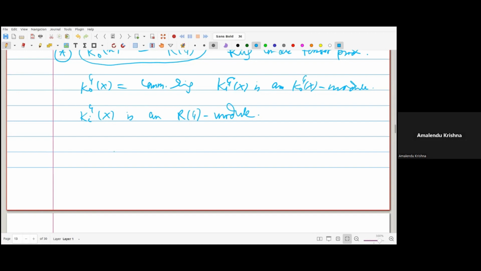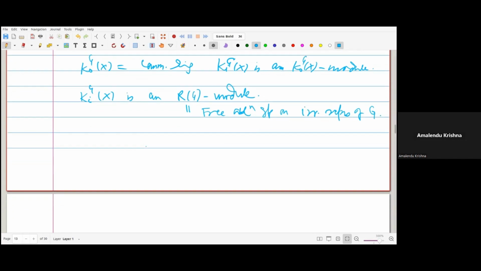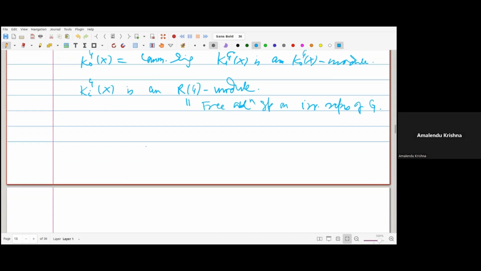Yeah, and if you recall, this ring RG, what is this ring? This is just the free abelian group on the irreducible representations of G. In particular, this ring is always torsion free. That is free. And it is not very hard to prove that this is just the free abelian group of irreducible representations. Saying that RG is equal to a free abelian group, you can think of this as some kind of Jordan-Holder theorem. Right, and